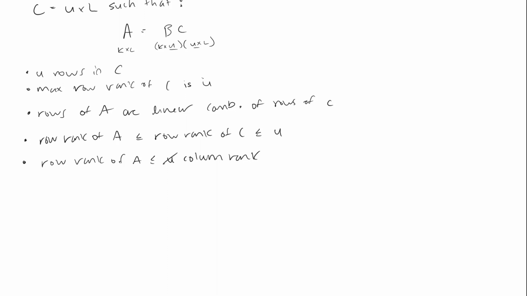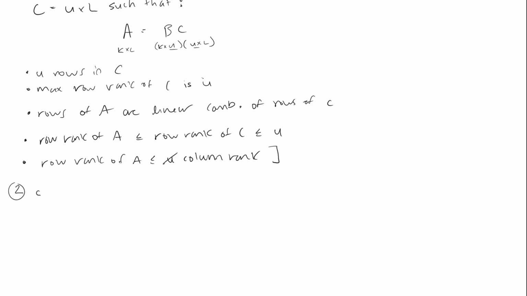Okay, so we just finished the first half of this proof, where we came to this conclusion right here that the row rank is less than or equal to the column rank. So the row rank of A is less than or equal to the column rank of A. And now the second half of this proof, right? So number 2,